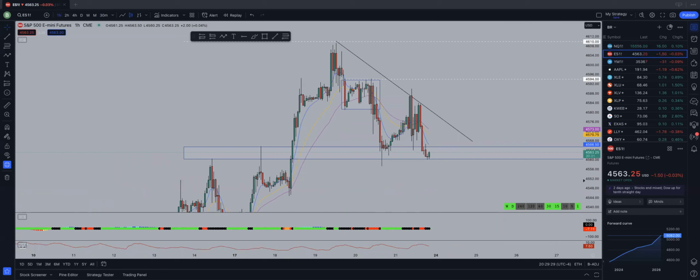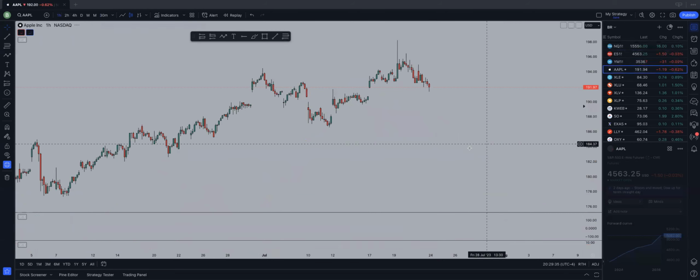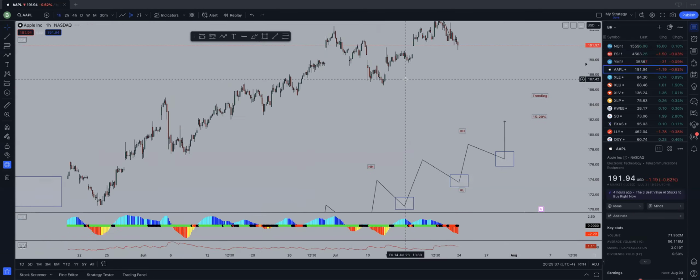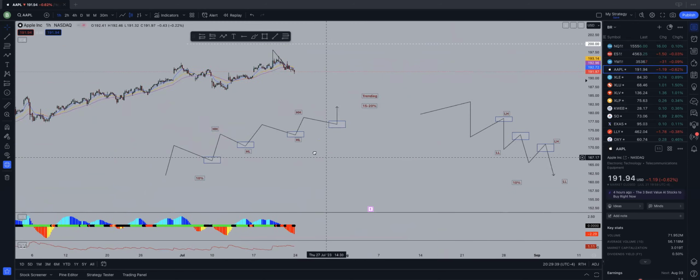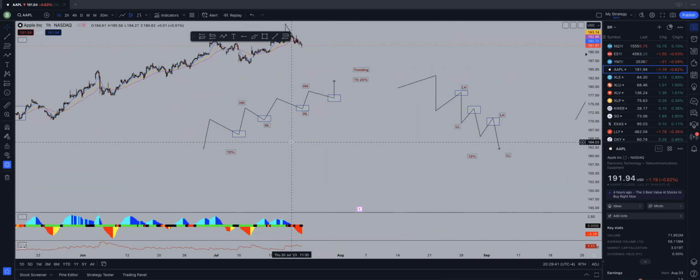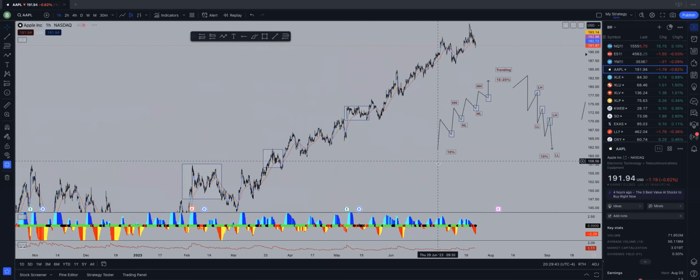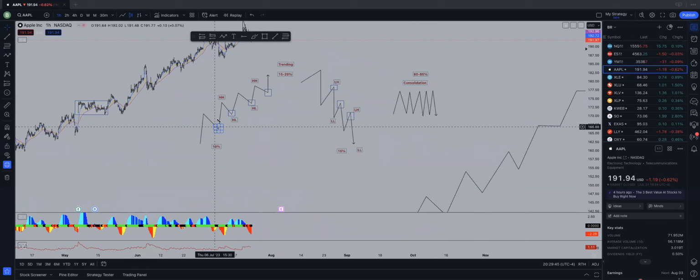So just to kind of recap it, let's go back here, just a quick breakdown so you guys can fully understand this. You have 3 different types of trending markets. You have the uptrend, you have the downtrend, and you have the consolidation. The consolidations happen 80 to 85% of the time. So your job as a trader is to identify that 80 to 85% of the time and try